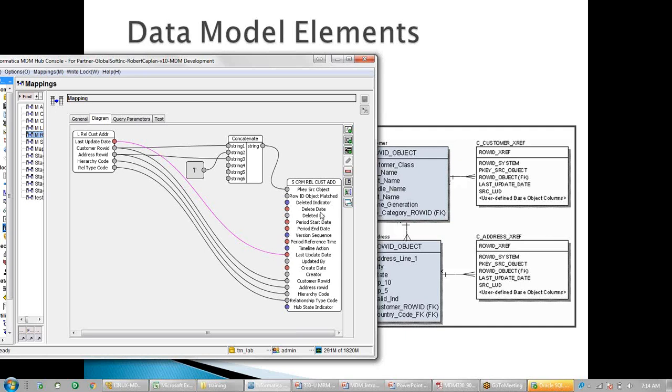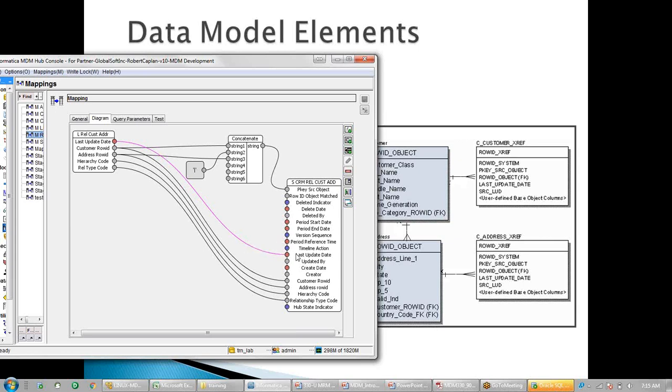Yes, correct. So in the source, we have this column, last update date. So it means it came from the source. Yes, correct. So now this line comes to the staging table. It looks like this date is populated in the staging table. And at the same time, this date will go to the cross-reference table? Yes, correct. So once you have run the job, it will copy the last update date from the landing table into the staging table, last update date.